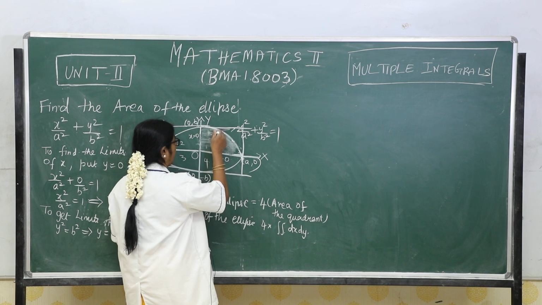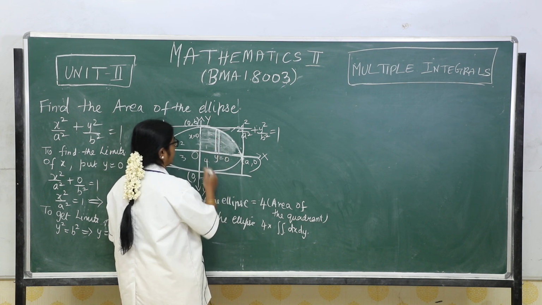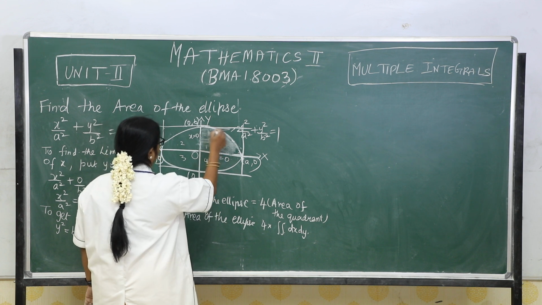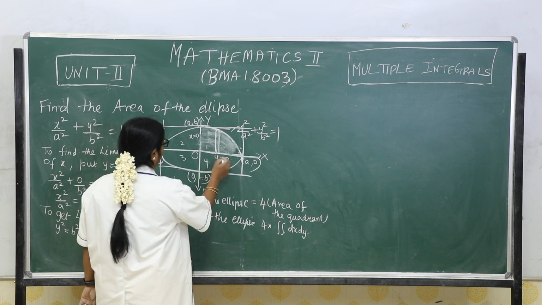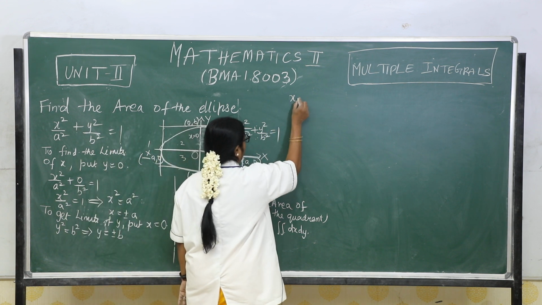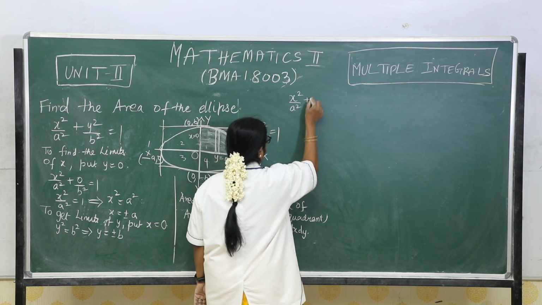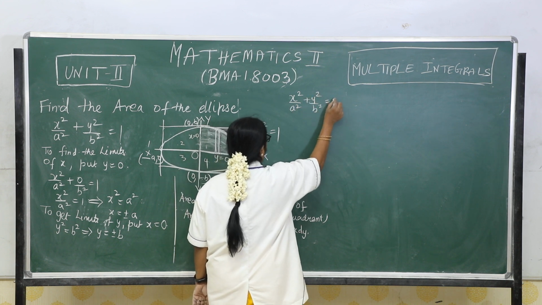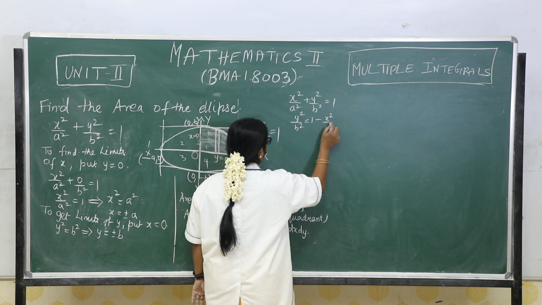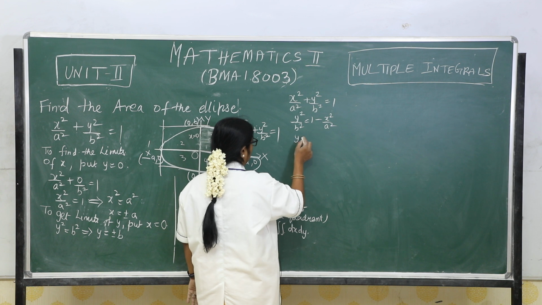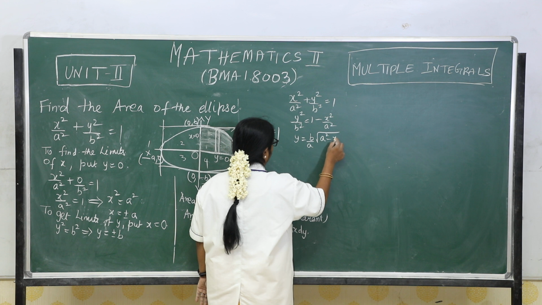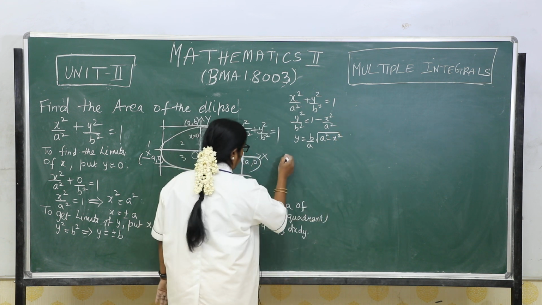Now, I am going to take the strip y equal to 0, and what is y from here? From the given equation, x squared by a squared plus y squared by b squared equal to 1. What is y squared by b squared? That is 1 minus x squared by a squared. Y is equal to b by a into root of a squared minus x squared. Therefore,